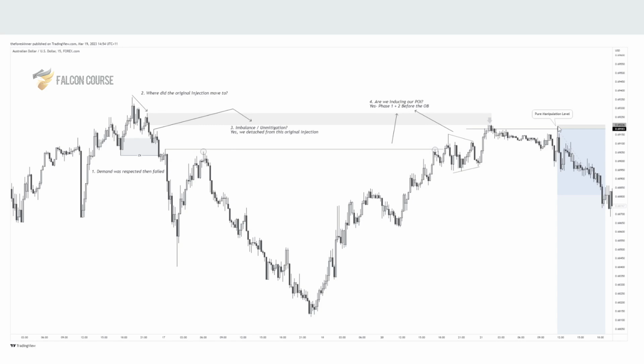So that's one of the entry rules. I don't want to say too much about how we have the entry set up, but we know that if we tap into this specific level and then create a final form of inducement, we're good to go. It would be here because it sweeps that inducement before that POI, that final level of inducement. Does that make sense? Yeah, that makes sense.